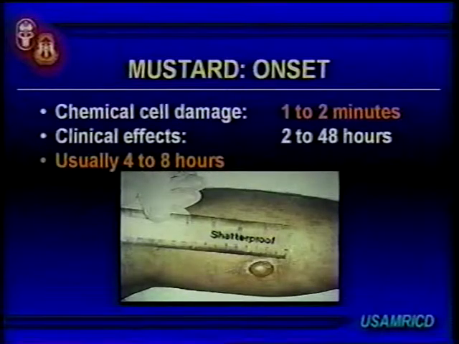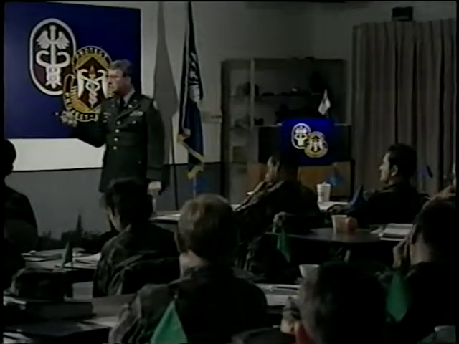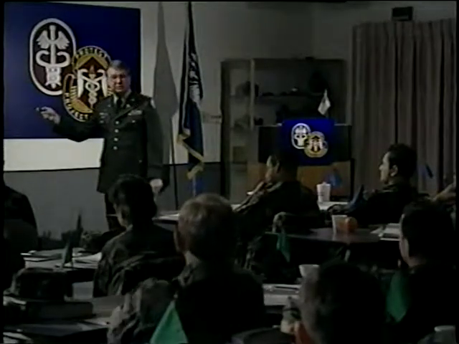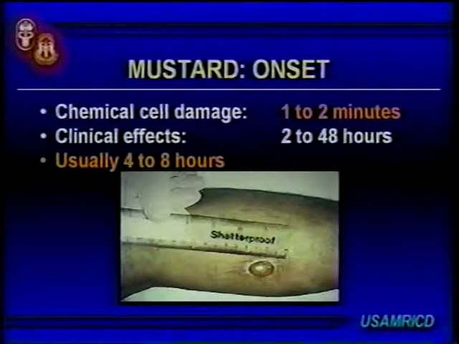This is the famous person you might have heard about yesterday who was working at a depot site, and a little eyelet on the back of his boot let mustard drip in. And I think they calculated that was about a 20 milligram dosage of mustard that made this blister. I have seen blisters that probably looked about like this that were caused by as little as a 10 microgram dosage. But again, 2 minutes to get it off of you, 2 hours to 2 days to the onset. Obviously, if it takes 2 days for the symptoms to show up, you've got a pussycat of an injury versus 2 hours. 2 hours, you're in trouble, okay, especially if it's a large area.